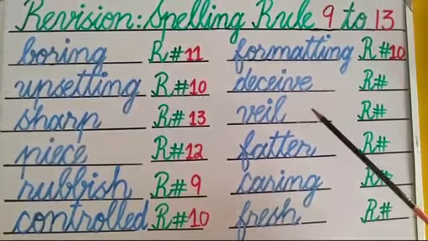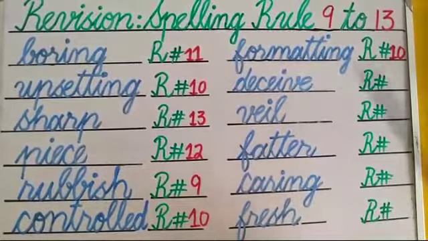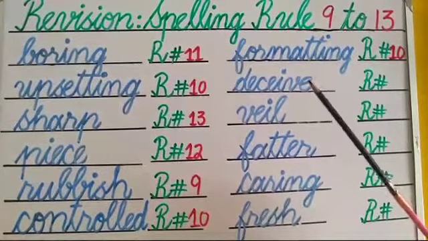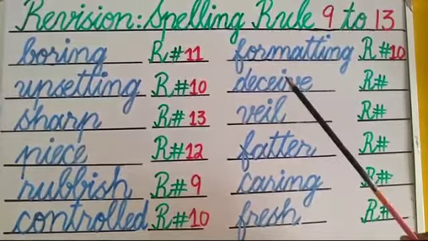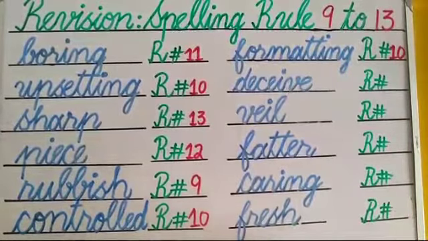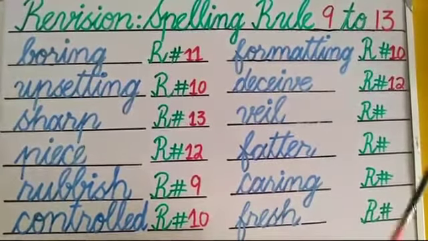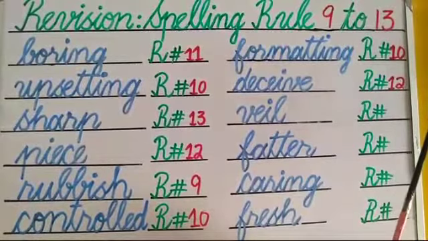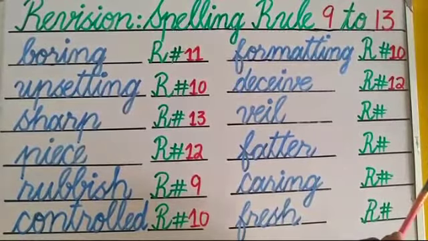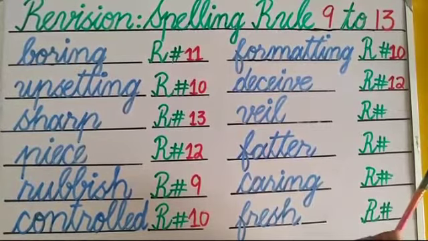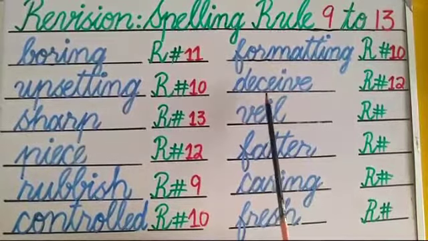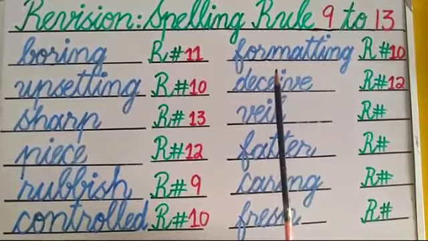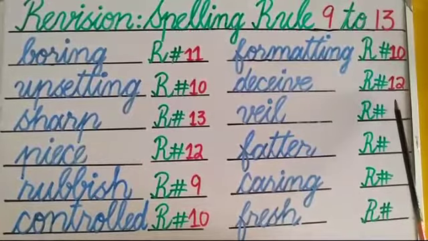So now let's have a look at the next one, deceive. Yes, when you pronounce the word, it will be easy for you to guess the spelling rule. That is spelling rule 12, which tells us that I before E say E and E before I say A, except after C. So here we have deceive. The E sound is really clear when we pronounce this word. So that is spelling rule 12.